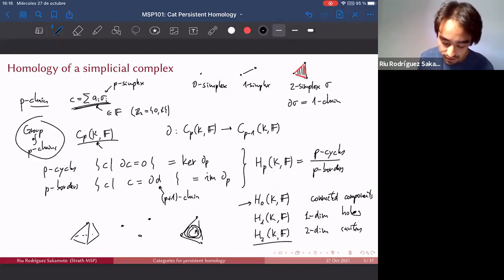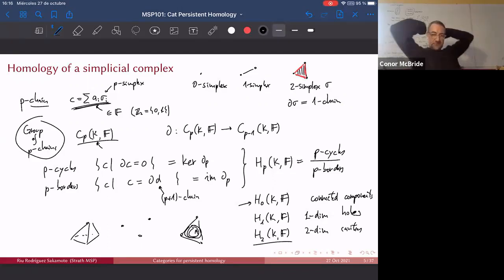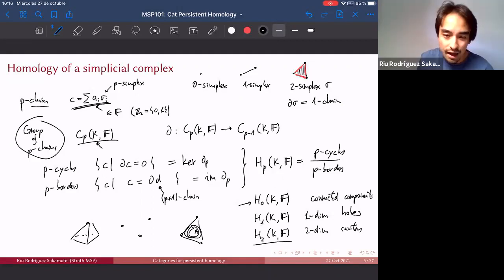So group quotients are, in this case, we can think of equating or collapsing everything in the denominator. So we'll say that the homology are the P cycles where all its P borders are identified with each other. So that's why, for example, if we got a simplicial complex like this,